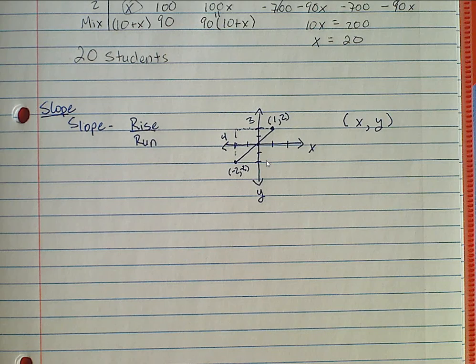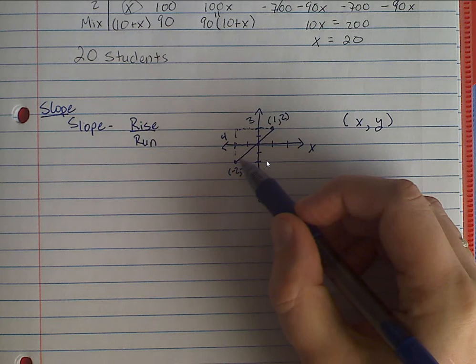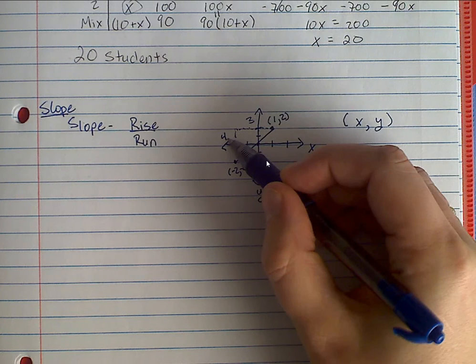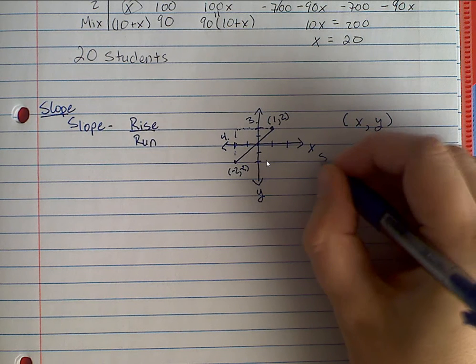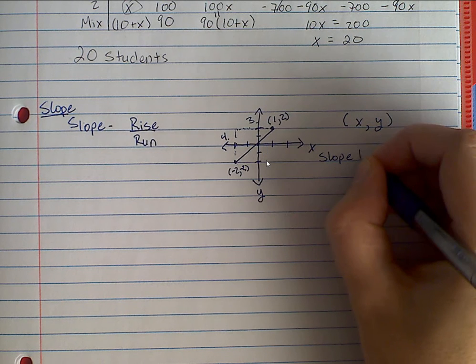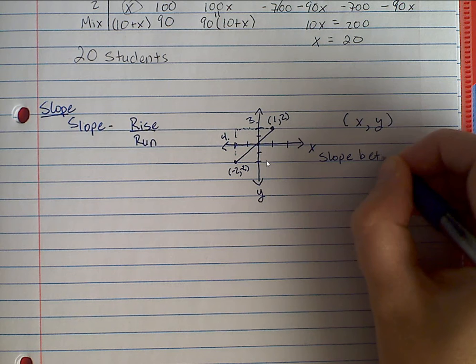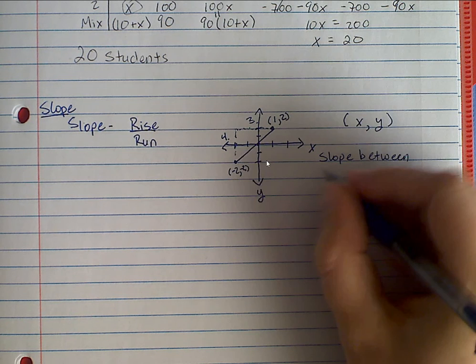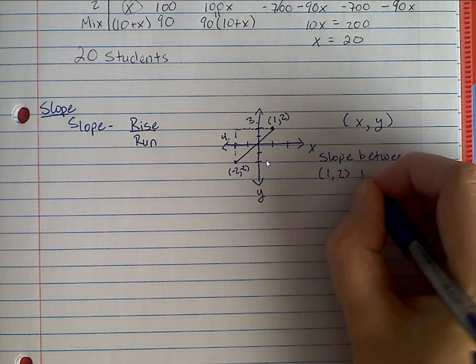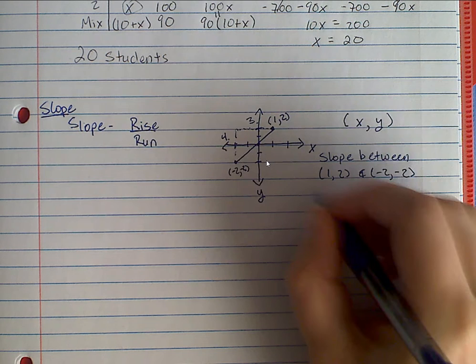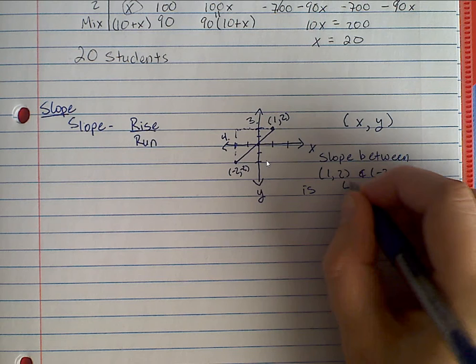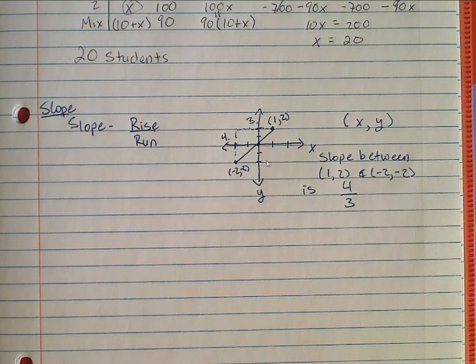So the slope between these 2 points is rise, which is 4, over run, which is 3. So I'm going to say the slope between 1, 2 and -2, -2 is 4 over 3. Now, as far as algebra is concerned, you always want